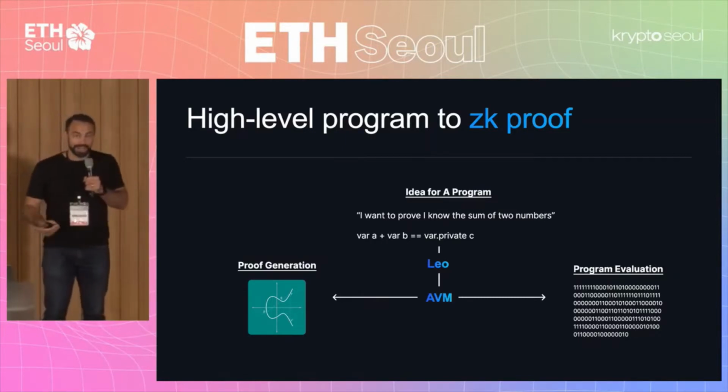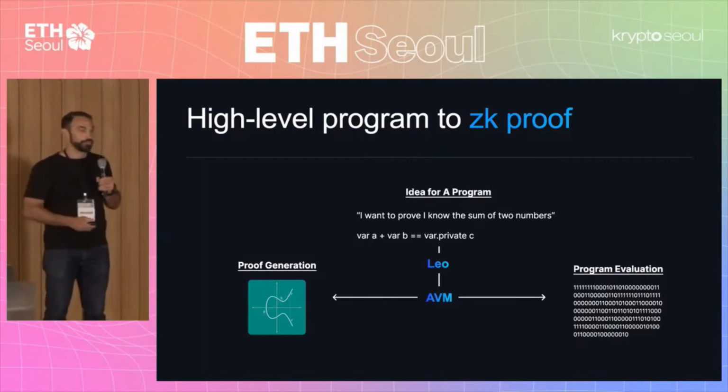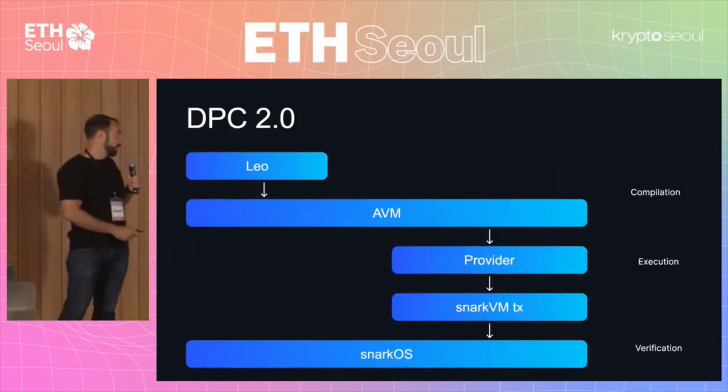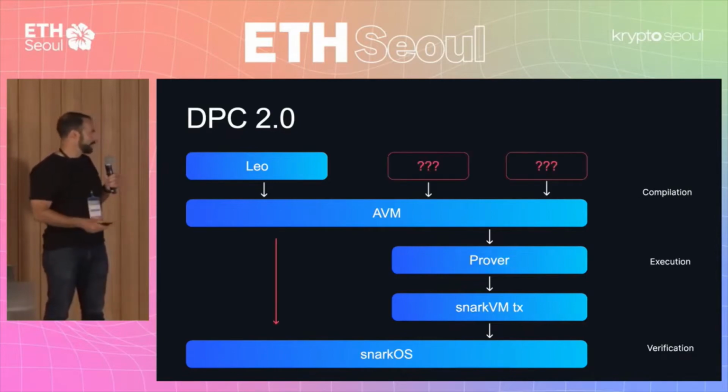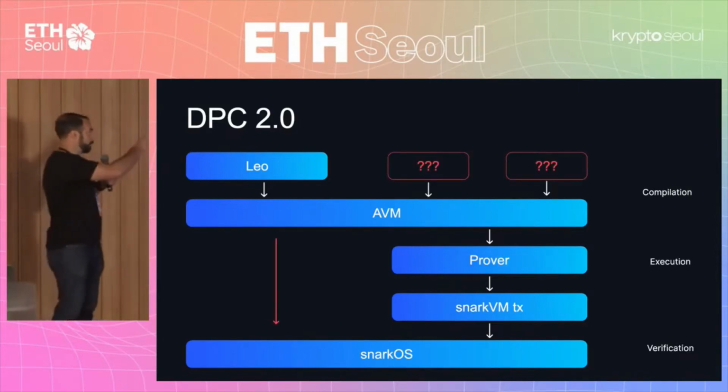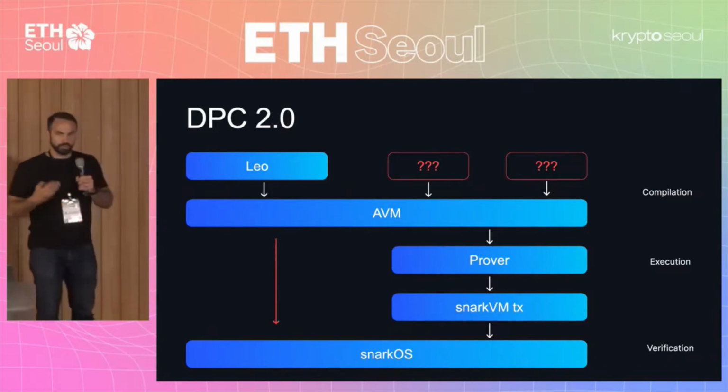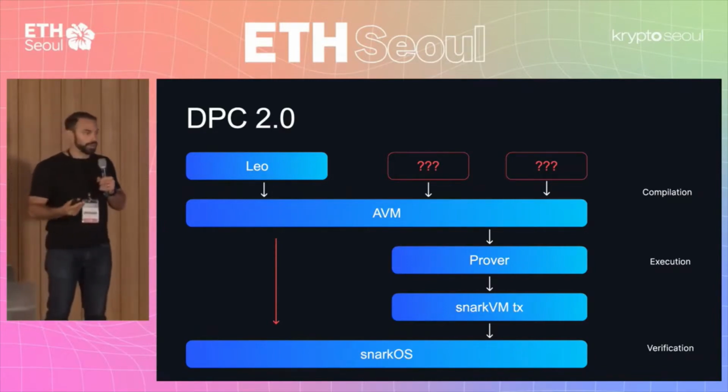And this is why it's very difficult to do this, this is why there's all these different flavors of ZK EVMs. So again, this is another model of how Aleo works, and we'll go through this in a little more detail. But the point I want to make quickly is, today we have Leo that compiles to AVM, and then we have SnarkOS, which is basically our layer one, where we have validators that also serve as verifiers that can verify transactions were computed correctly.